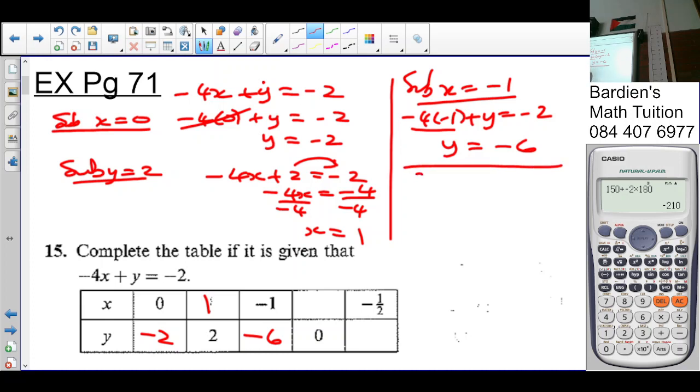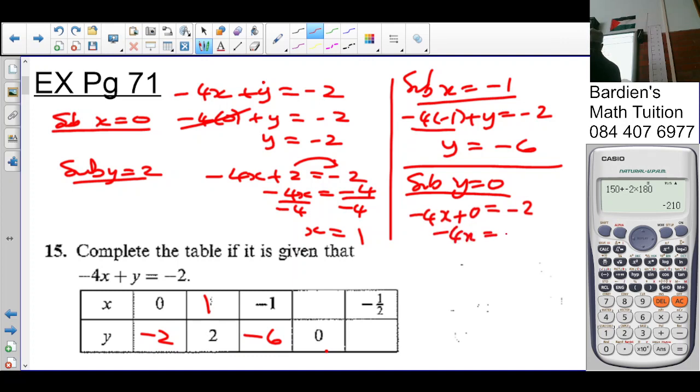Next, you could substitute y is equal to 0 now. Negative 4x plus 0 equals negative 2. So negative 4x is equal to negative 2. x is equal to